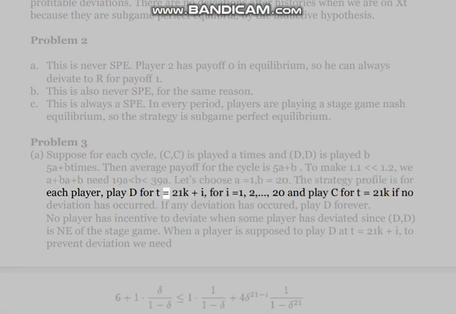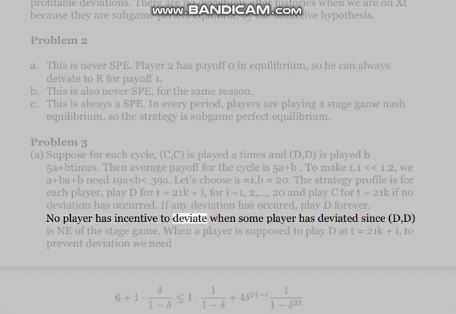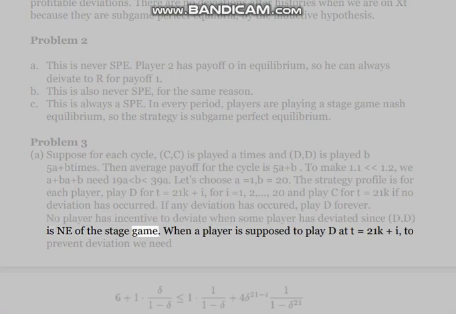Play D for t equal to 21k + i, for i equal to 1, 2, ..., 20, and play C for t equal to 21k, if no deviation has occurred. If any deviation has occurred, play D forever. No player has incentive to deviate when some player has deviated, since D, D is a Nash equilibrium of the stage game. When a player is supposed to play D at t equal to 21k + i, to prevent deviation we need... Note that the right side of the inequality is minimized